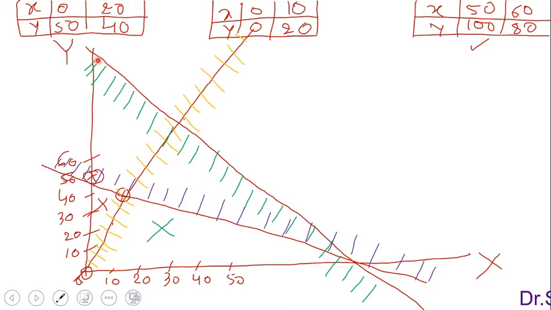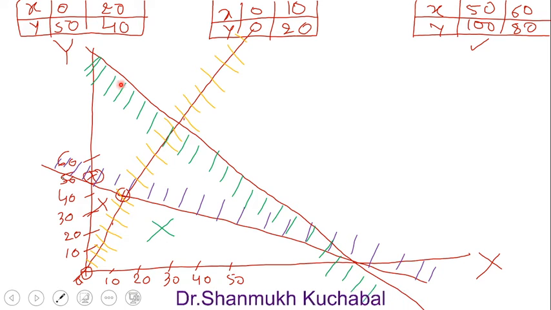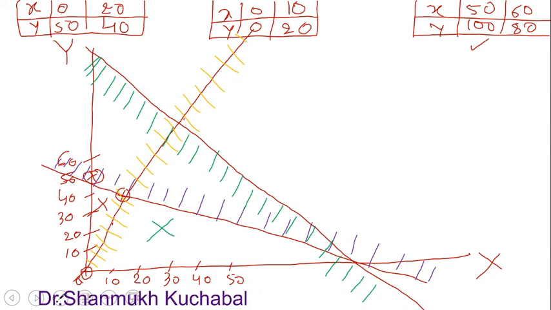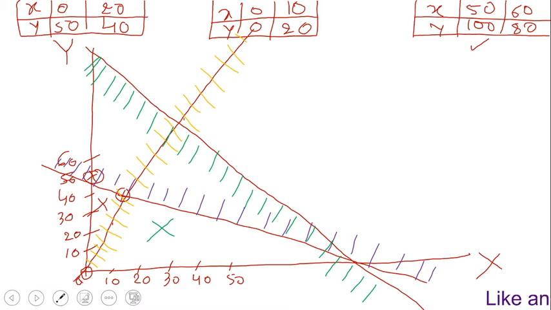And next, see here, we observe that it is shaded in all directions. So don't consider the x and y axis. In all directions, below and sidewise, it is shaded. Here also it is shaded, below it is there. This region is shaded, this region is shaded. So we should not consider two regions as a common region.